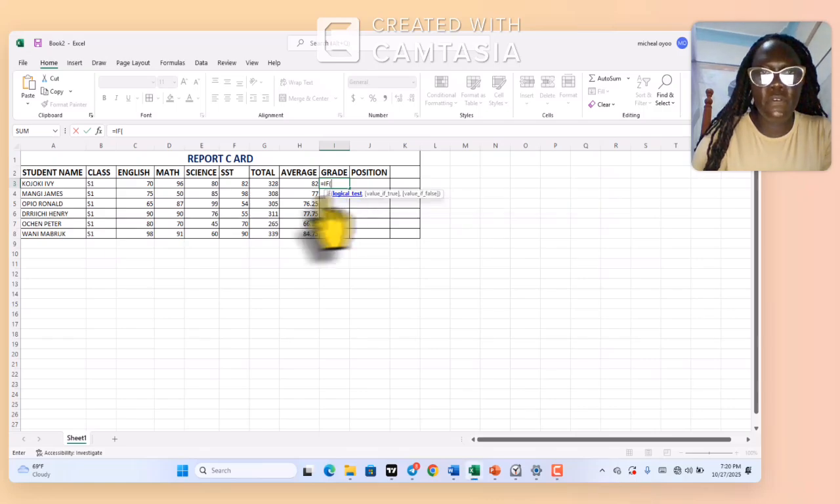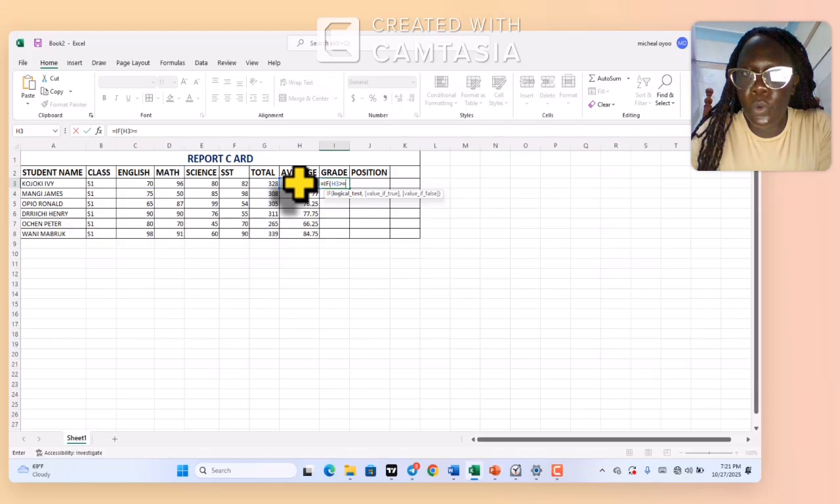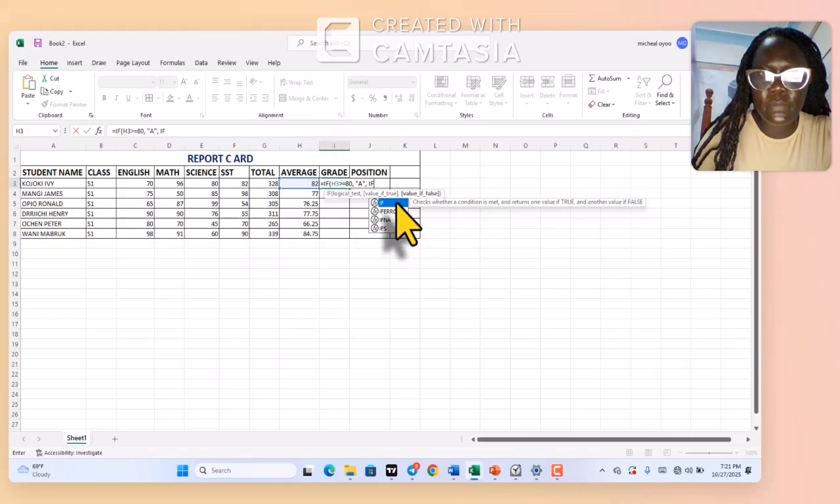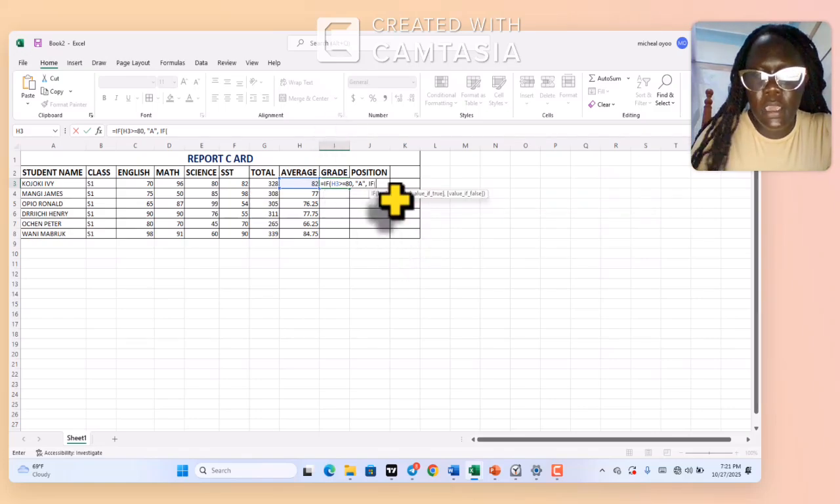Well, in finding grade, I'm going to use the IF function. The IF function is really good, especially with finding things, giving either a grade or something like excellent or A, this is B. So I'm trying to put that this is B, and I'm saying that if